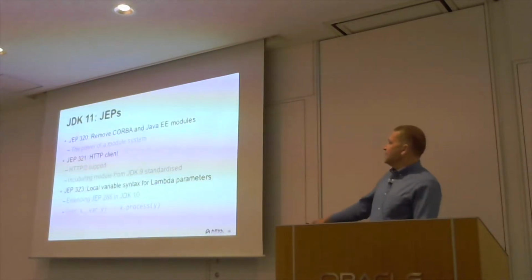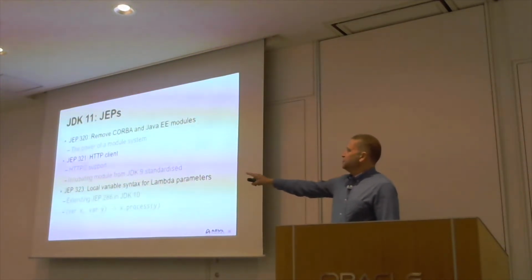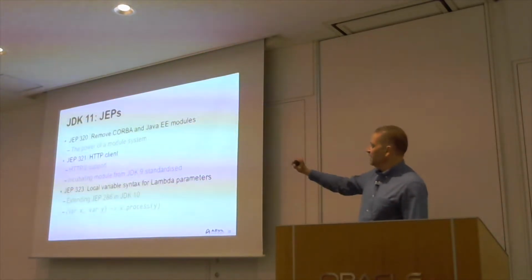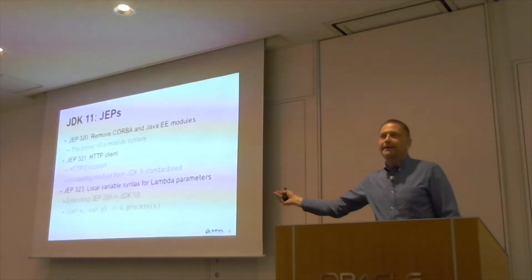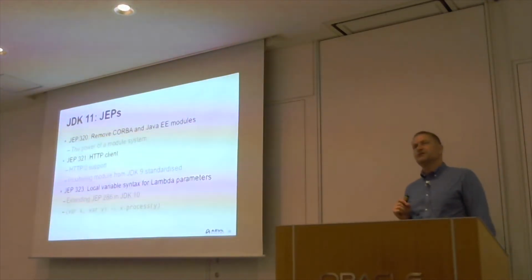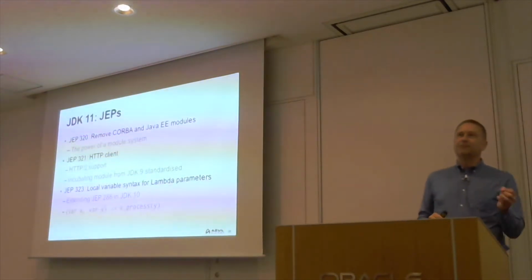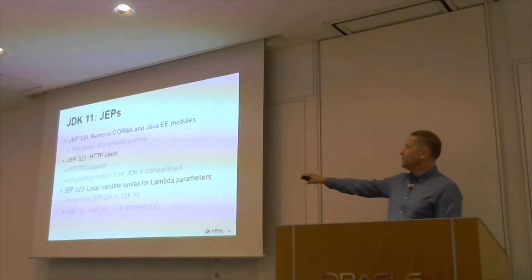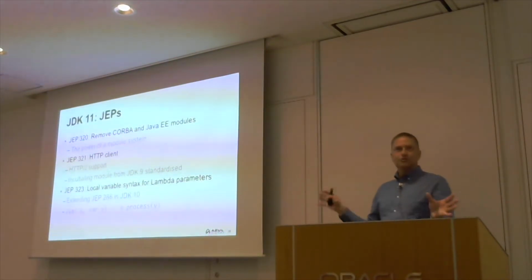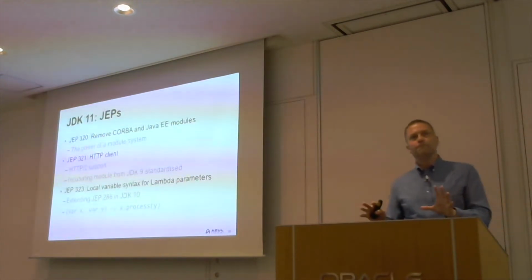And then another thing which has been introduced is extending the use of local variable syntax to Lambda expressions. This is so that now you can do something like this. You can do var x, var y as the parameters to the Lambda expression which does x process y. Now, when I first looked at this, I thought to myself, well, hang on, that makes no sense at all, because Lambda expressions already have type inference. So if you specify that without the var, it will do exactly the same thing.